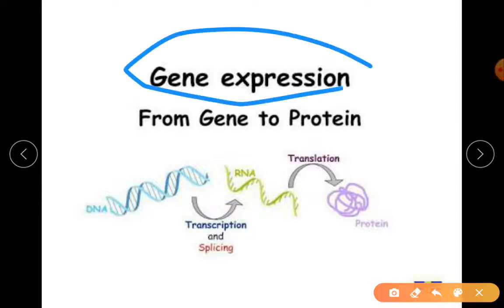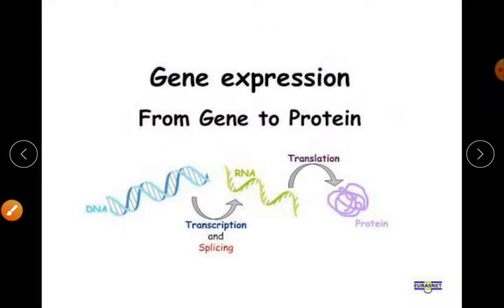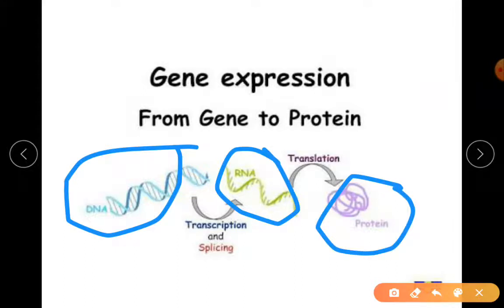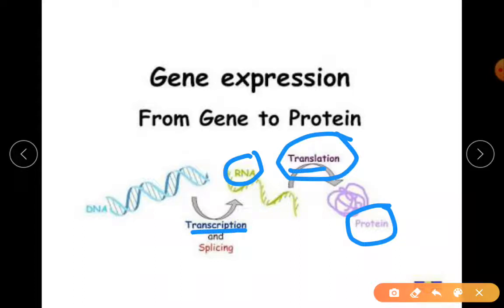Now what did Francis Crick do? He is explaining a little more about gene expression. What is a gene? A piece of DNA. What is that expression? Your enzyme has to form. Enzyme means protein. So here he is saying DNA will produce RNA, RNA will produce protein. So he has given names for the process. DNA to RNA is transcription. Then RNA to protein is translation. Don't get confused: transcription, translation.